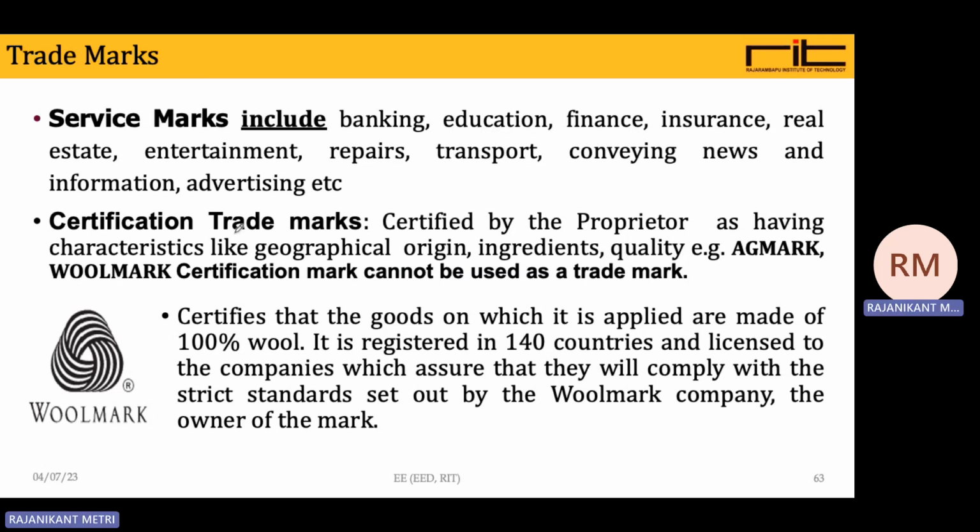Now another one is certification trademarks. This is certified by the proprietor as having characteristics like geographical origin, ingredients, quality. For example, egg mark or wool mark. A certification mark cannot be used as a trademark because this wool mark company itself certifies that goods on which it